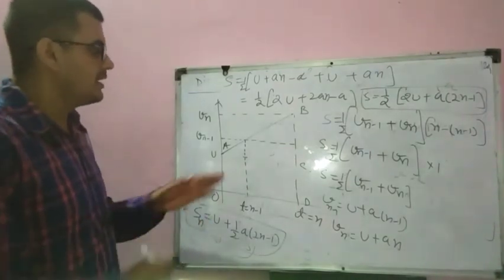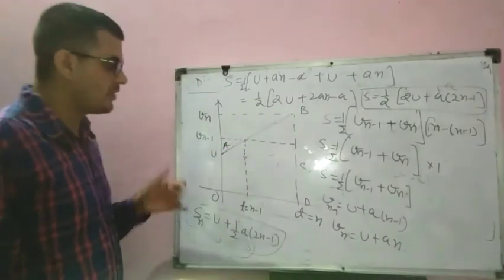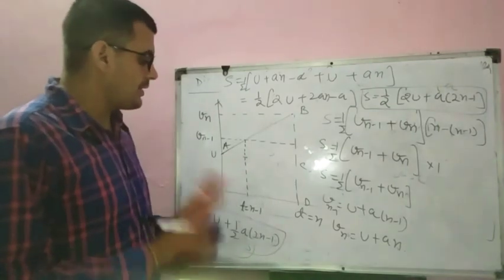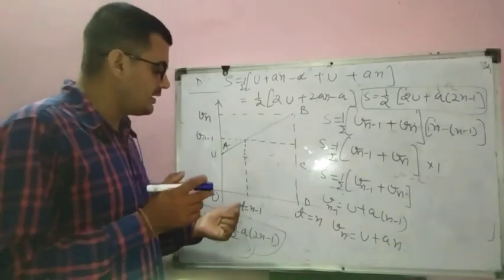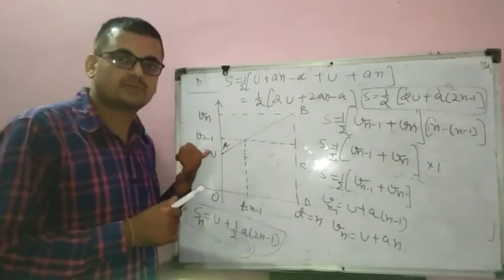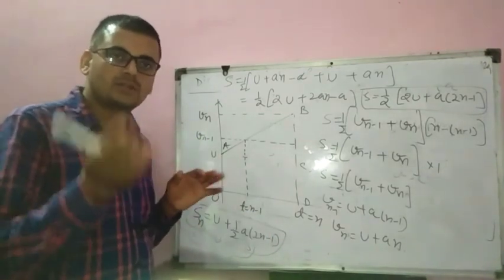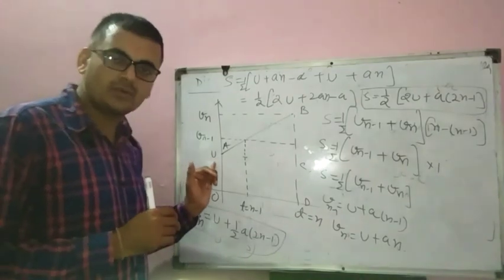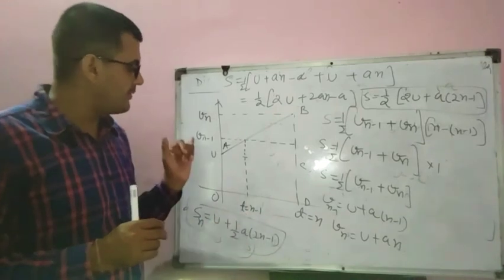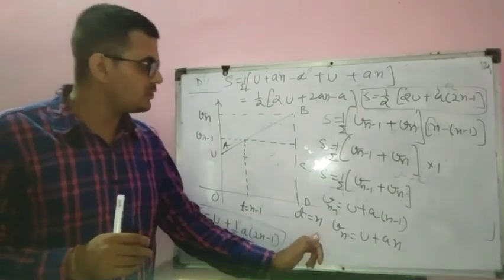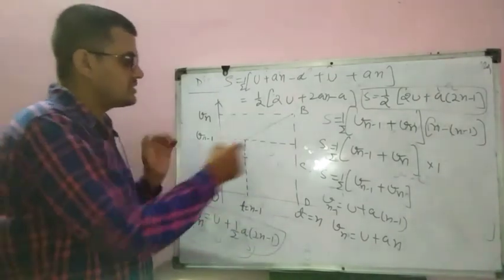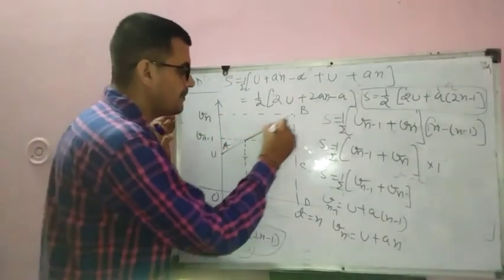I am explaining it again, just watch. The diagram is the same as the previous one; we have made only a little change. Let at time t equal to n minus 1 the velocity be v(n-1). I earlier called it u(n-1) by mistake, in a hurry, because u was written here. When time is n minus 1, the velocity is v(n-1). When time becomes n, the velocity increases and becomes vn. So this is the trapezium, this one.